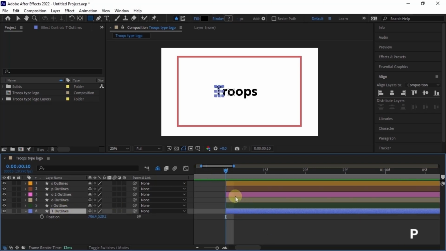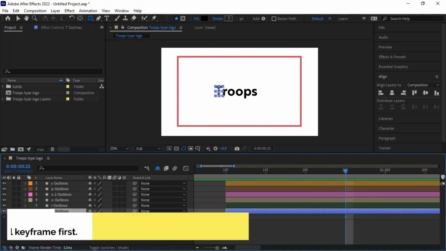Click on P for position. And then we're going to move the playhead to about 25 frames a second. Okay. Because we're going to be working with more than 2 keyframes, 3 keyframes. This is why I choose 25 instead of 20 frames. And I will set the final position first, so you guys can avoid looking for the final position after you